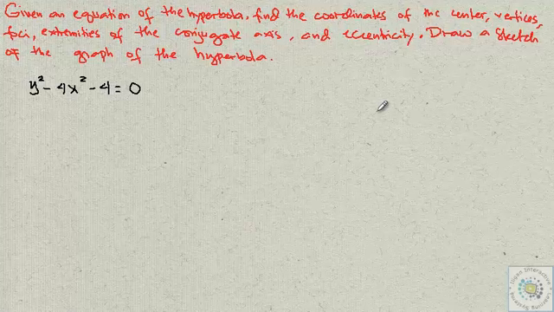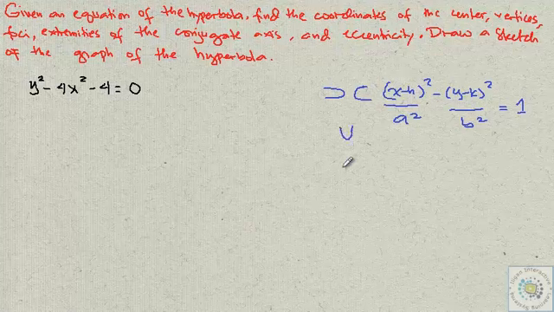The two forms of a hyperbola. The first one is this: (x minus h) squared over a squared minus (y minus k) squared over b squared is equal to 1. This is a hyperbola that opens horizontally like that, okay? To the left and to the right. The other one is the hyperbola that opens vertically, upward and downward, okay? And this has the form (y minus k) squared over a squared minus (x minus h) squared over b squared